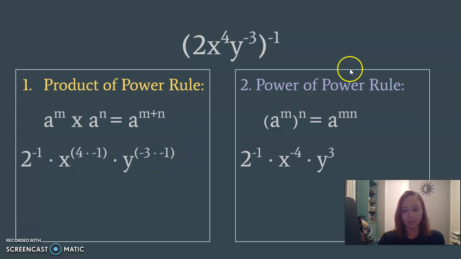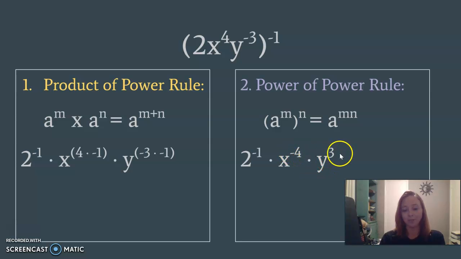That takes us to our second step of simplifying, and that's going to be the power of a power rule. That states that (a^m)^n equals a^(m times n). So then that's just our next step in simplifying this expression. That gives us 2 to the power of negative 1 times x to the power of negative 4 times